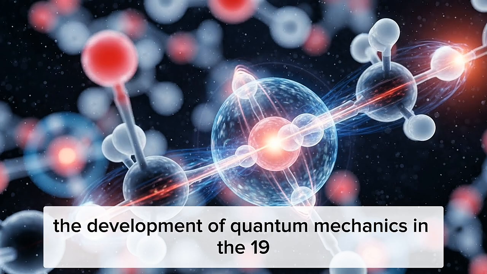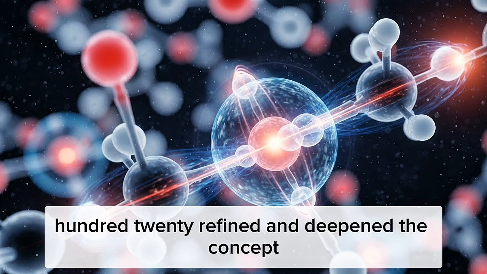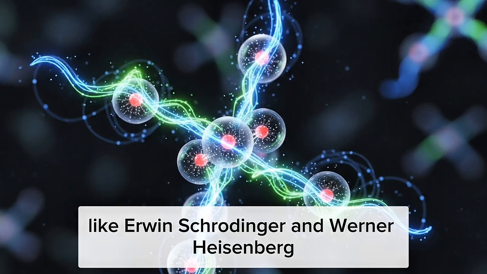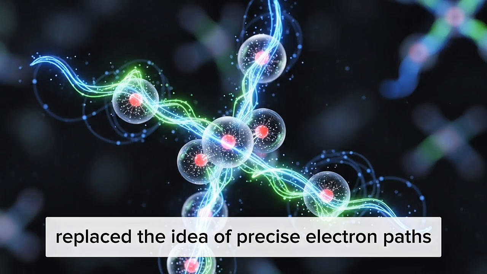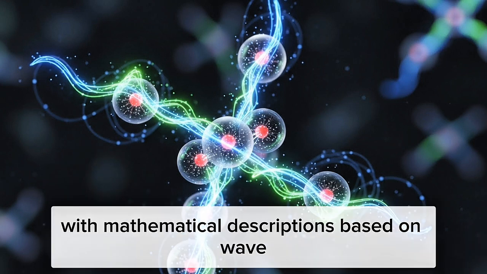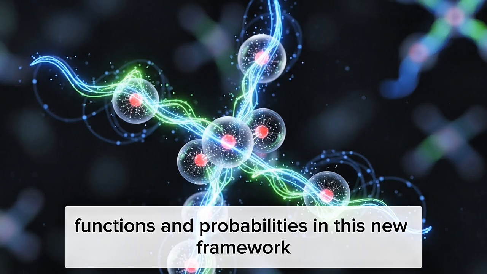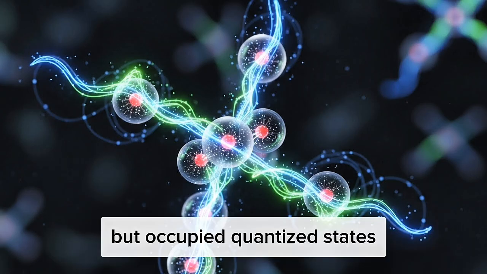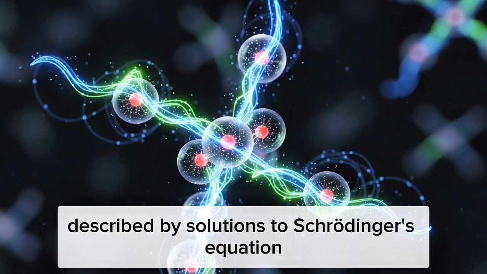The development of quantum mechanics in the 1920s refined and deepened the concept of electron quantization. Physicists like Erwin Schrödinger and Werner Heisenberg replaced the idea of precise electron paths with mathematical descriptions based on wave functions and probabilities. In this new framework, electrons no longer traveled in neat orbits, but occupied quantized states described by